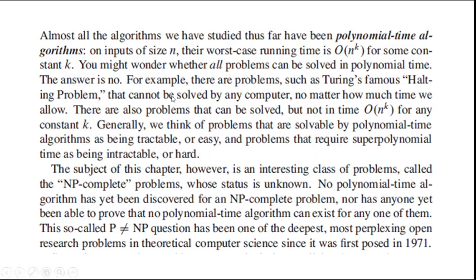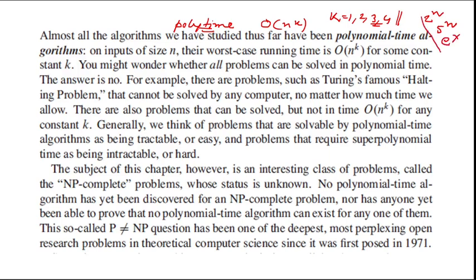Many times we mentioned in the class that this term, polynomial time, is very important. Polynomial time, sometimes referred to as polytime in short, means O(n^k). n is the input. Normally the value of k is 1, 2, 3, up to 4. Once it goes beyond 4 and 5, it becomes exponential, which is 2 to the power n, 5 to the power n, such kind of e to the power x format. If it goes that way, it is exponential.